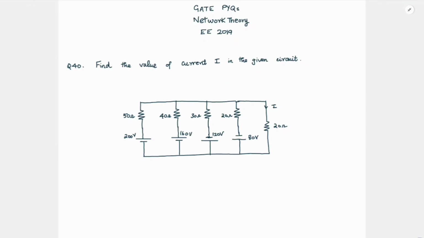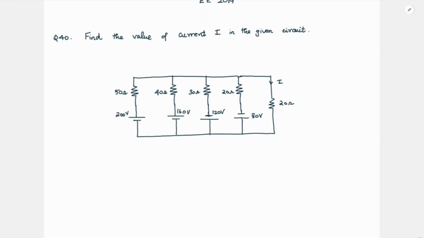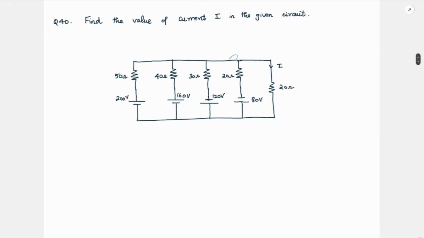Hi guys, so here is a question from GATE 2019. Find the value of current I in the given circuit. The circuit they have given is very simple. The straightforward way to solve it is to assume this node voltage as some V dash and